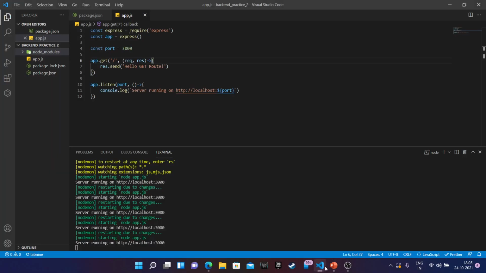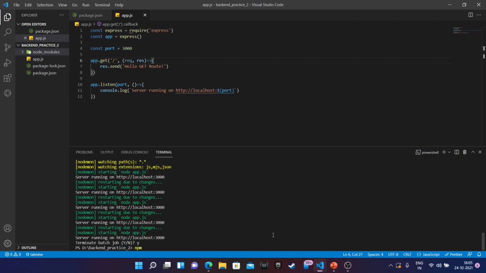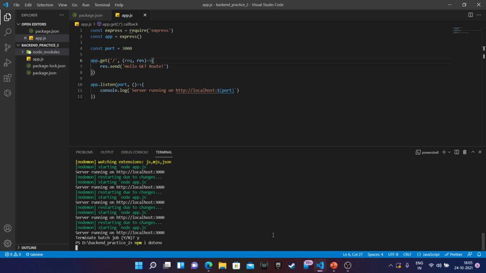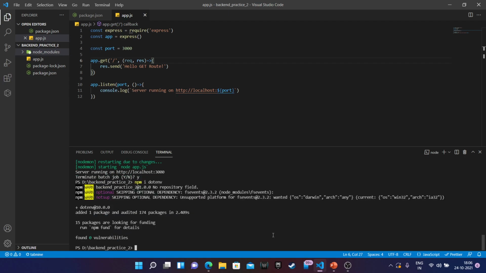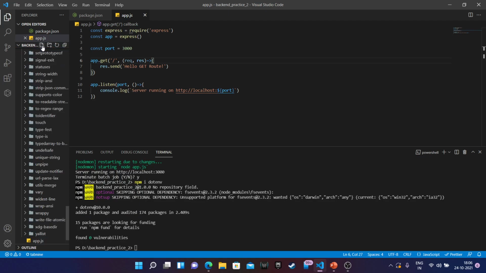For using environment variables, we will have to install another dependency called dotenv. So Control C, and it asks whether I should quit the job. Yes. So npm install dotenv. I'll install dotenv over here.